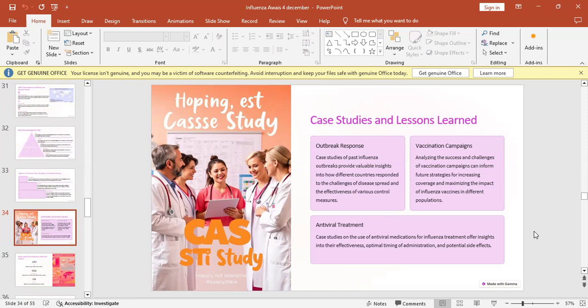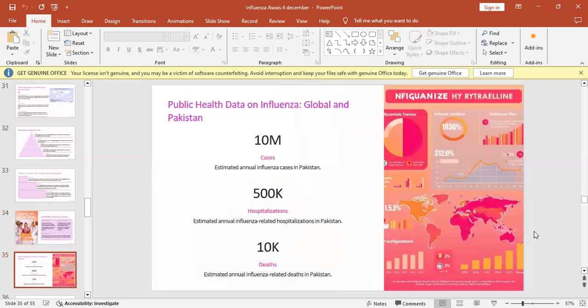The next is vaccination campaigns. Analyzing the success and challenges of vaccination campaigns can inform future strategy for increasing coverage and maximizing the impact of influenza vaccines in different populations. The next lesson learned is from antiviral treatment. Case studies on the use of antiviral medication for influenza treatment offer insights into their effectiveness, optimal timing of administration, and potential side effects. From the public health data on influenza, global and related to Pakistan: